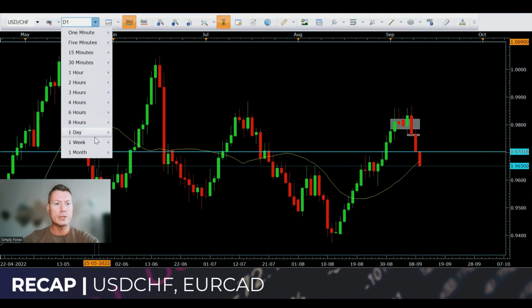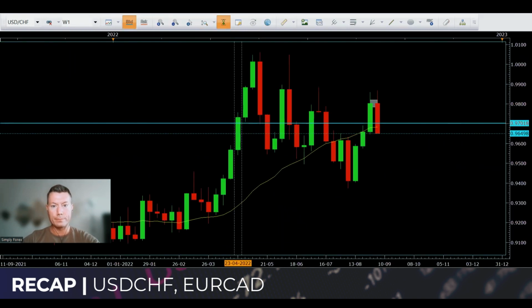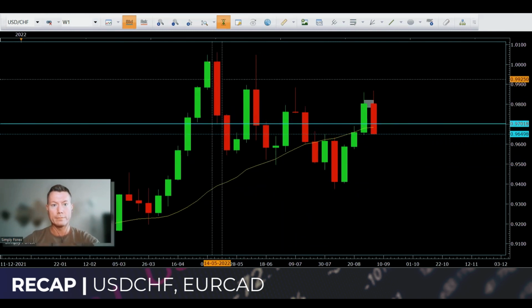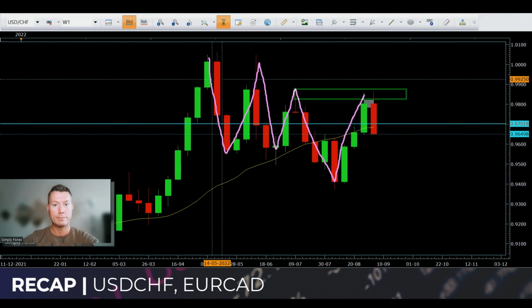If we start with the weekly chart, we're seeing a clear downtrend, guys. Then price came back up and tested this last high. As you can see, we are getting quite a strong reaction as we speak on the weekly chart. Obviously, this candle hasn't finished closing yet, guys. We still have today. But quite a strong reaction at this level here.